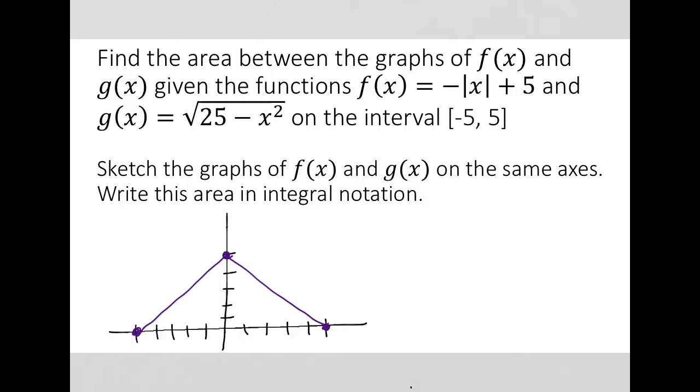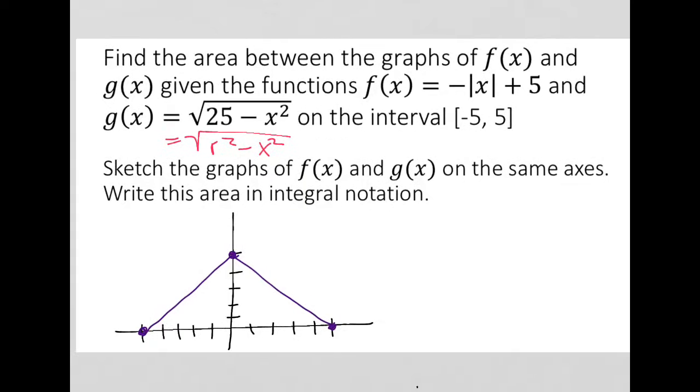So let's actually just get rid of those because it says interval -5 to 5. So let's just show that bit of it, upside down absolute value of x graph. And now let's sketch in this weird square rooty thing. But remember, that is just the equation for a circle right there, the radius squared. And so that is telling me that the radius here is 5, which means I'm going to get a semicircle with that same endpoint right there, that same point up top, that same point right there,